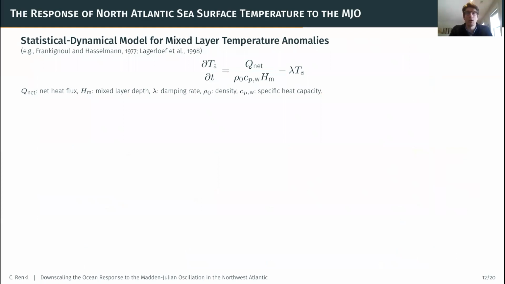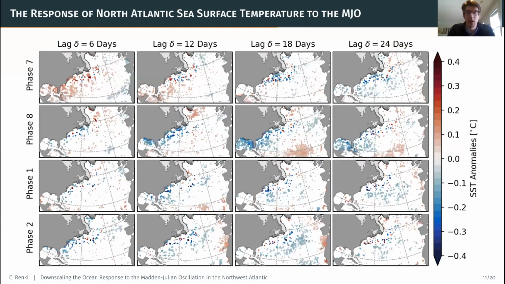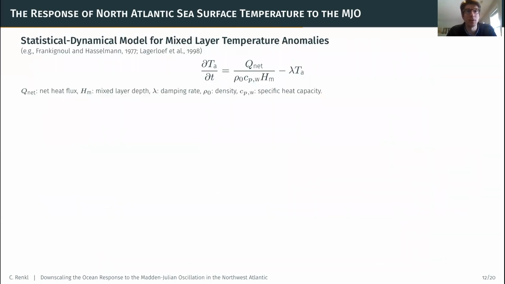One thing that you may have noticed is that most of these anomalies, even though they're speckled, the overall picture corresponds to large-scale anomalies and large-scale patterns, which suggests that they're driven by the atmosphere. So to test that idea, I employed a statistical dynamical model for mixed layer temperatures, just shown here,